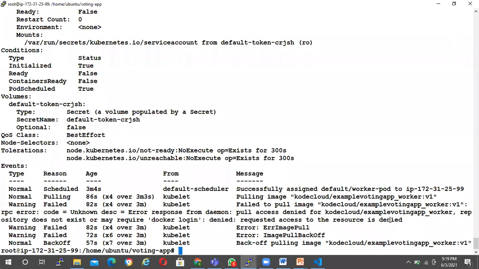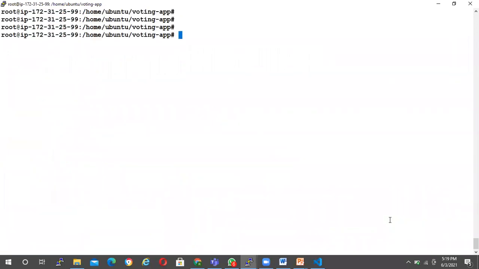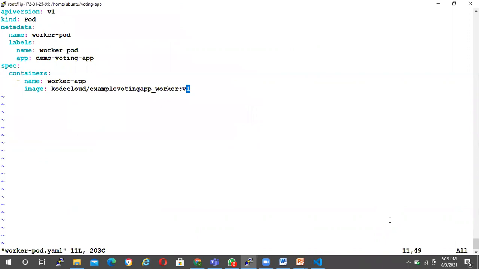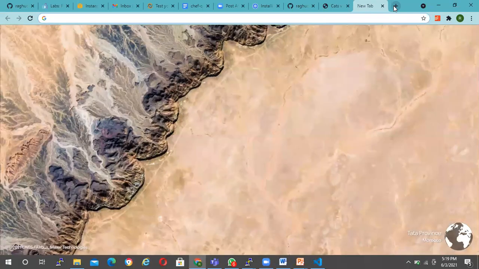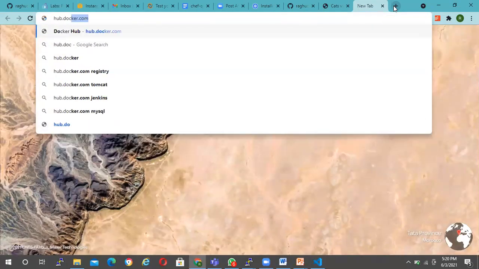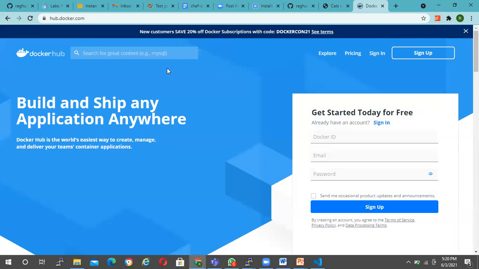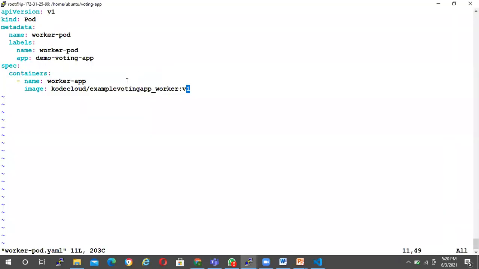So the image which was used in the worker pod looks like it is not working. So just check the worker pod image: codecloud example voting app worker. So let's go to Docker Hub, docker.com, and what was the repository name? We use codecloud,